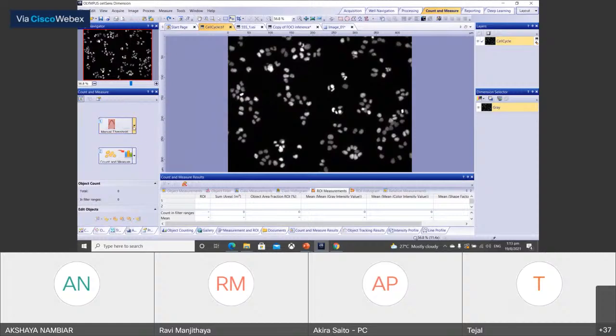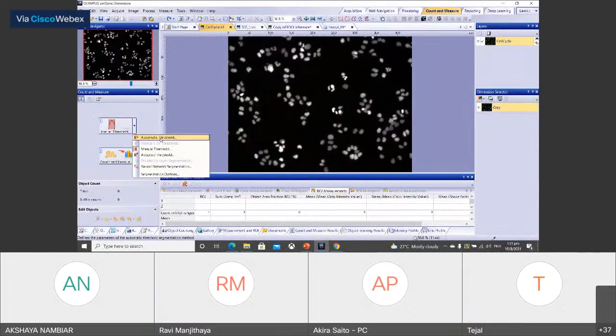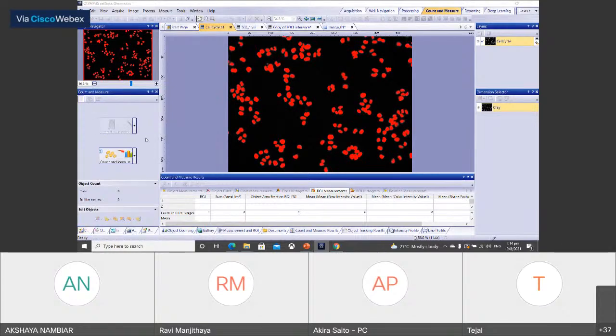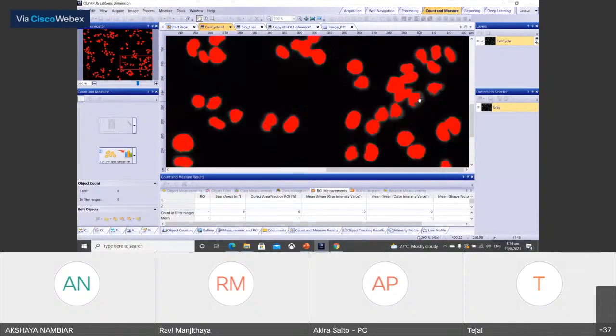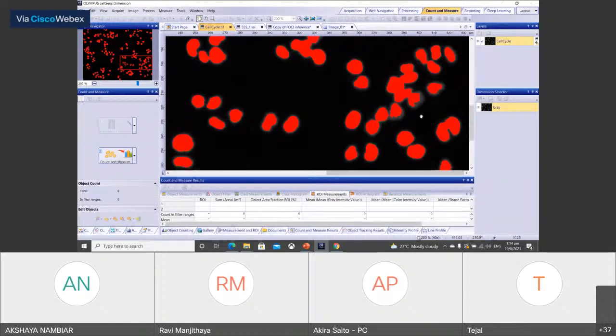Sometimes there is an automatic threshold in the software. Of course, you can use that kind of automatic detection, but sometimes it does not work as you expected. Like here, you can see that some of the areas that you would like to detect are not detected.